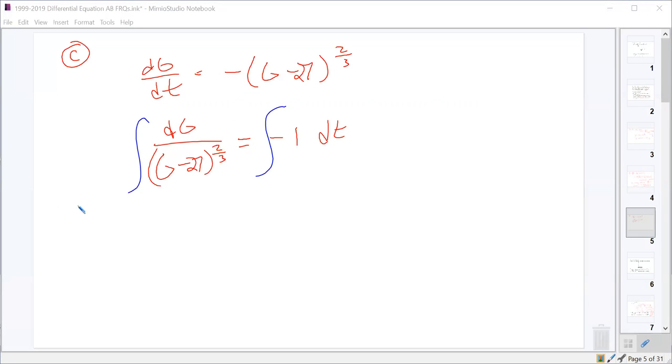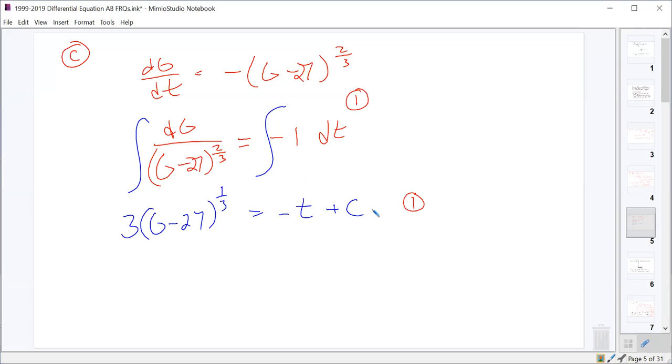And integrating g minus 27 to the negative 2/3, that should go up to g minus 27 to the 1/3. And then we got to divide by 1/3, so we're going to multiply by 3. And then this side should become negative t plus a constant. And let's see here. So 1 point if you separate the variables correctly. And then 1 point for getting the antiderivatives correct. And then 1 point if you got the constant of integration, but also went through and plugged in your initial